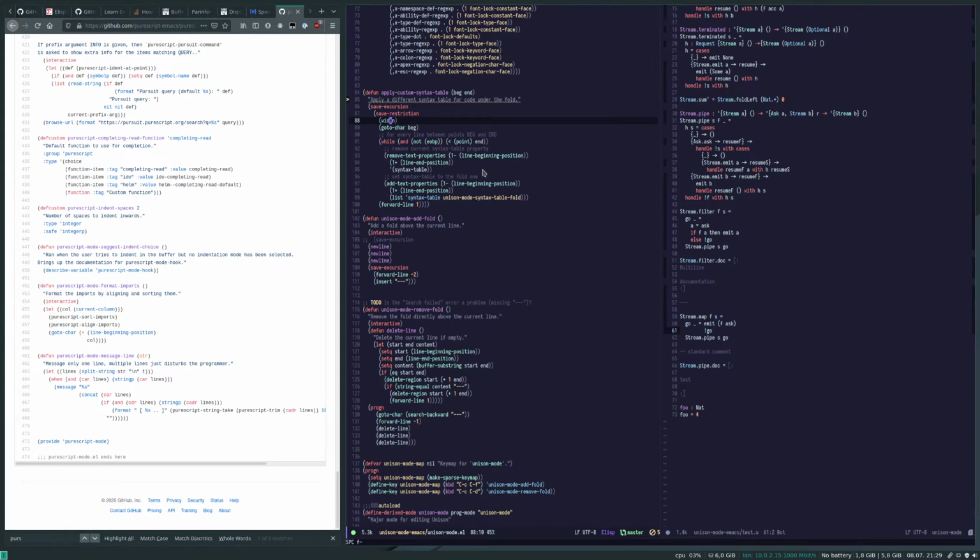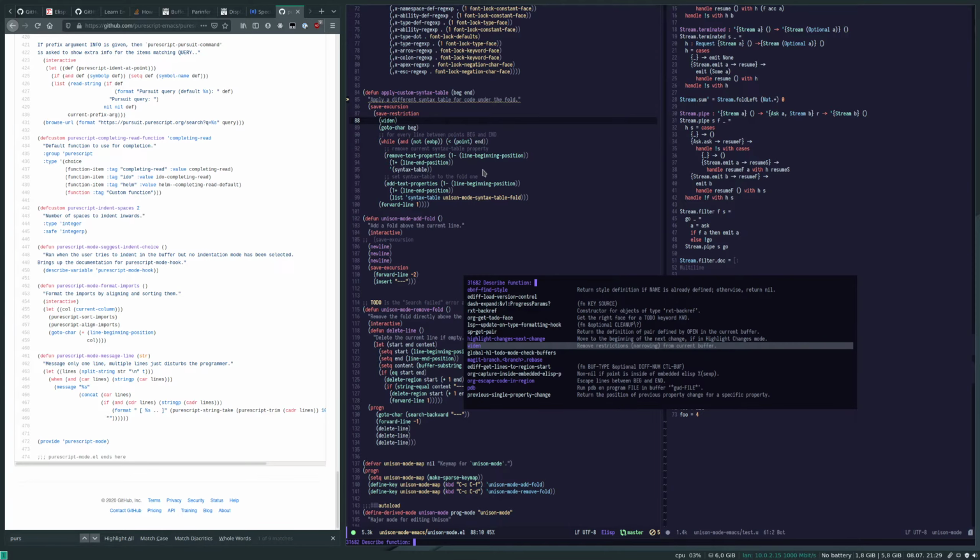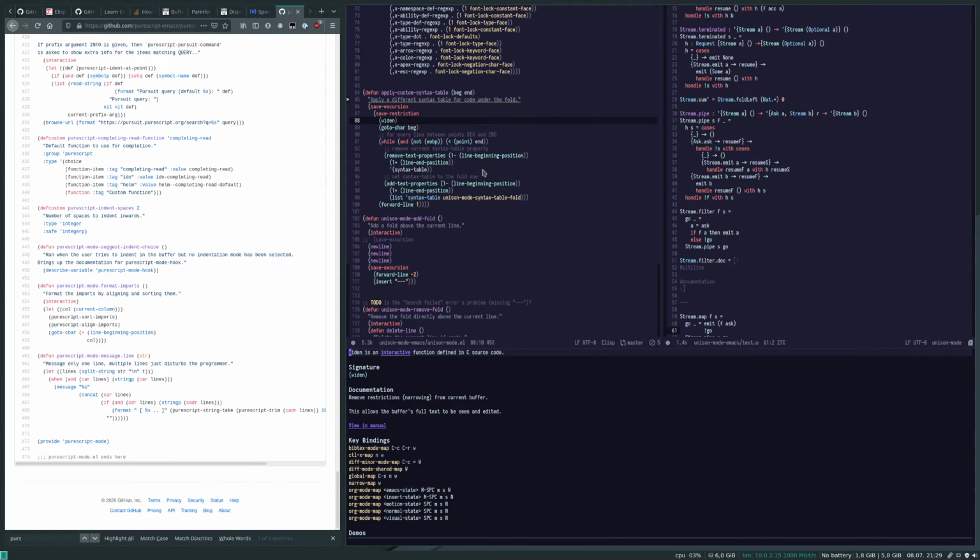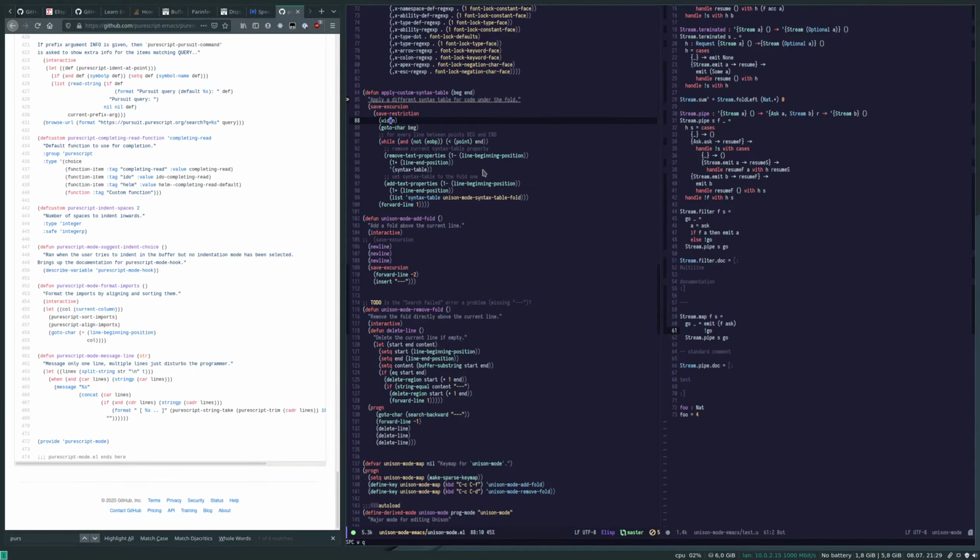Why then? What's this? Remove restrictions, narrowing the current buffer. Well, okay, so it saves the restrictions, then you widen it. I don't know why. Anyways, so then it moves to the beginning. So I feel like what we can do,